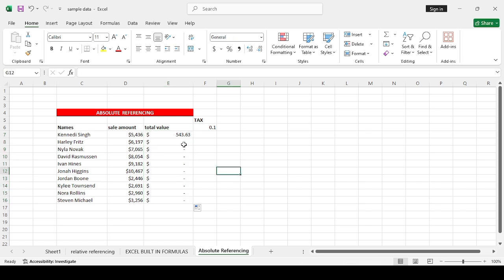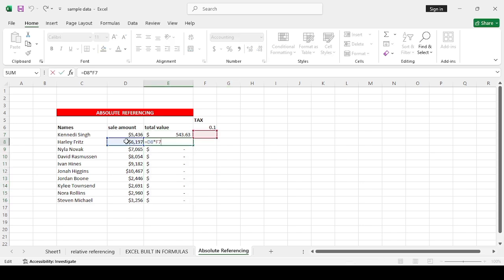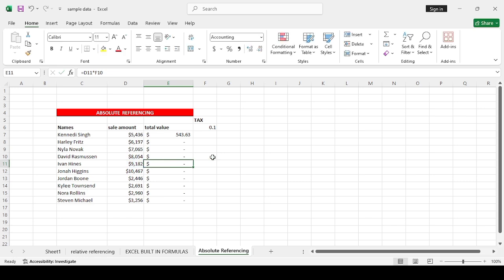It's because if I tap on this, it's multiplying this by this. If I tap on this, it's multiplying this by this. So it's trying to follow a particular order, and there's no value inside. See, there's no value inside here. So that is why absolute referencing is different. I want to multiply everything by this same value. So what I would do is